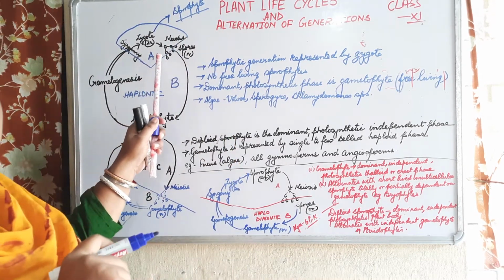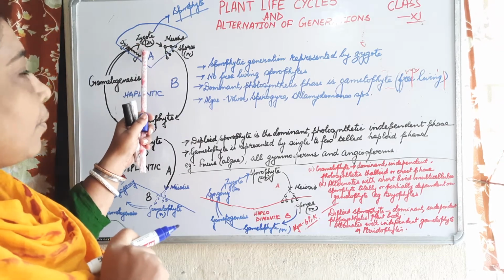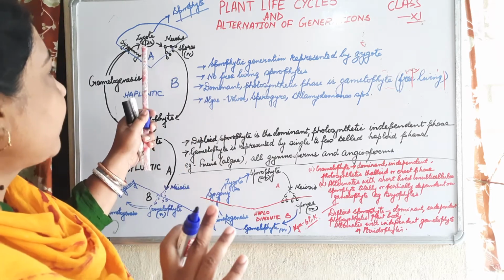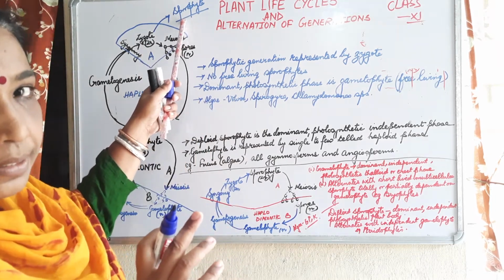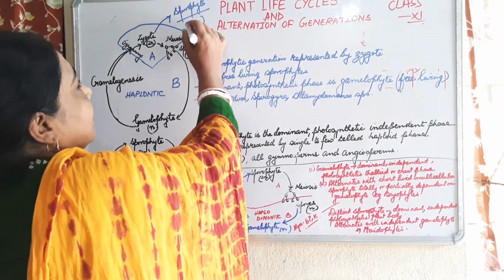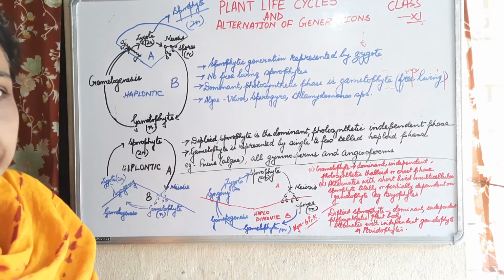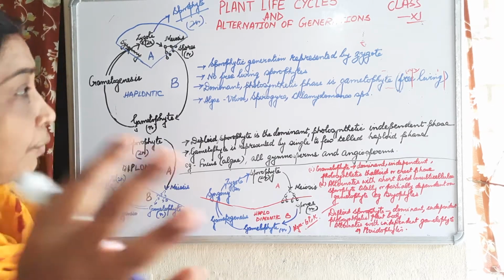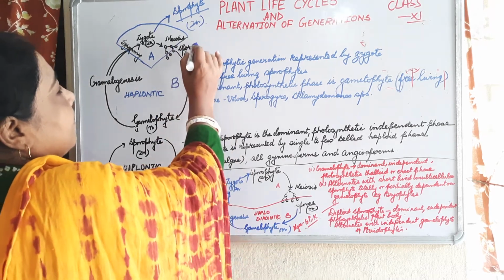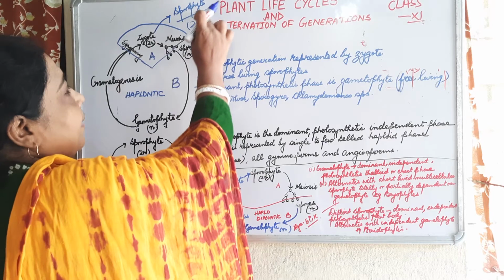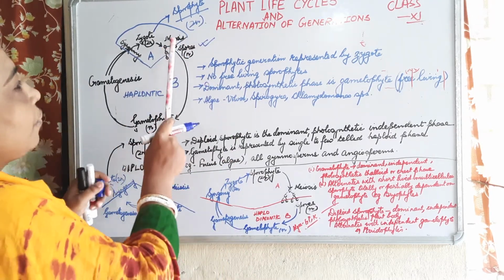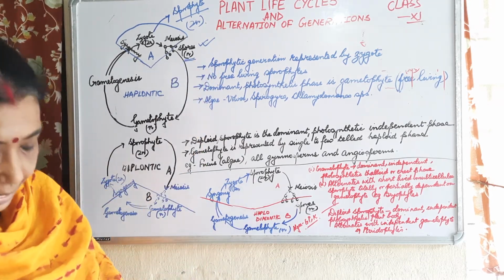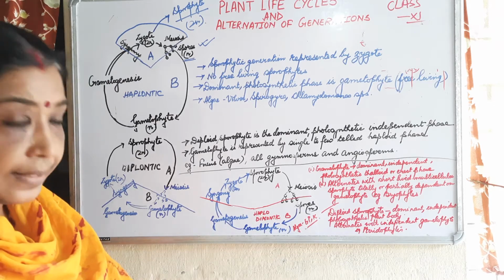Let us start from here, the zygote. We'll come back over here, but right now I'm starting from here. You see, this is the sporophyte. This is 2n. Meiosis hoga beta. Meiosis means reductional division. 2, then again you will be getting 4. So ultimately by reductional division, by meiosis, you will be getting spores. These spores, you see, they are haploid. Just listen carefully, okay?